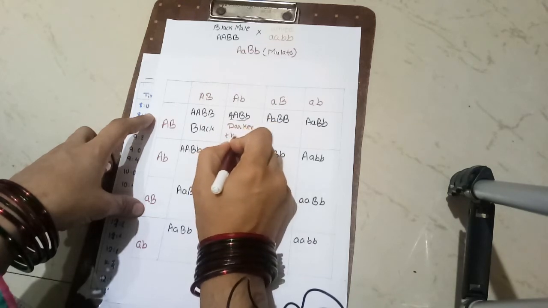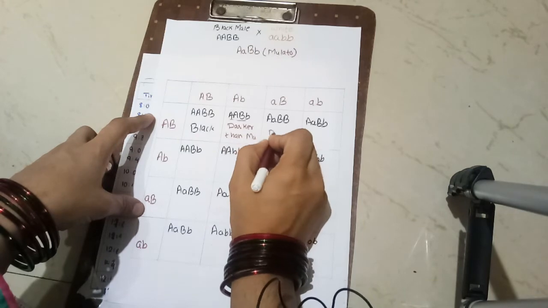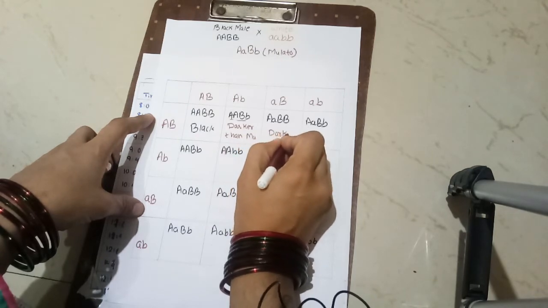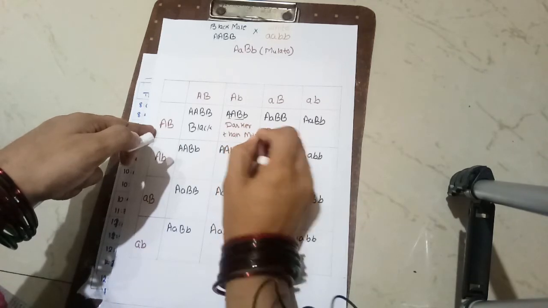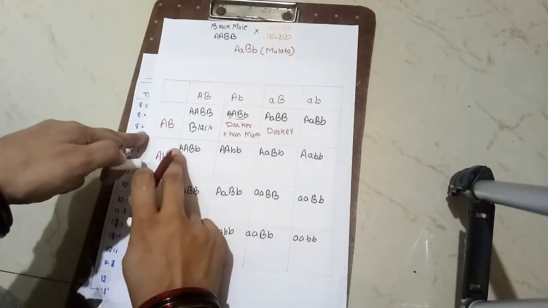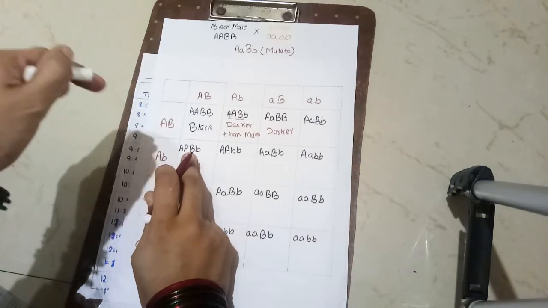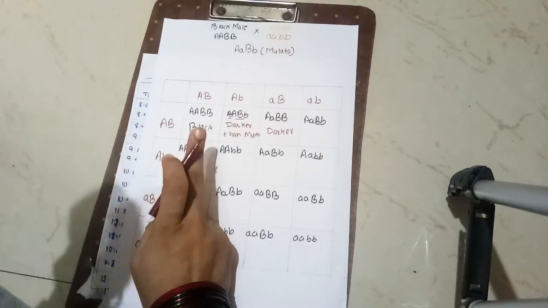Now this will also be, here I will just write darker. We will consider that this person will be darker than mulatto. Now here there are only two. Here there are one, two, three dominant. Now see, I will not look at whether A is dominant or B is dominant. I have three dominant genes, so the individual will be darker than mulatto.